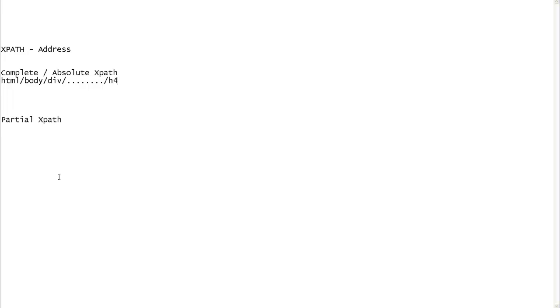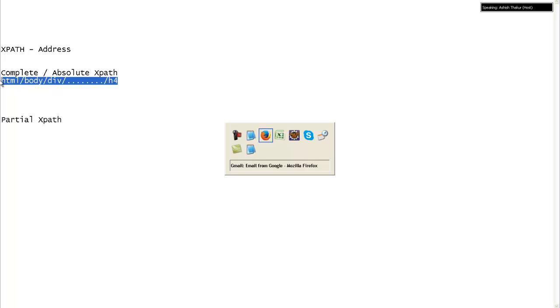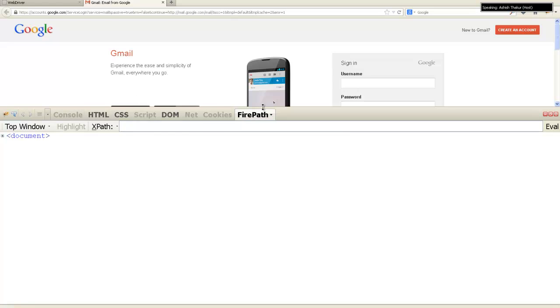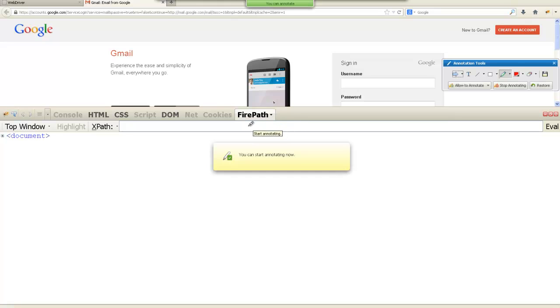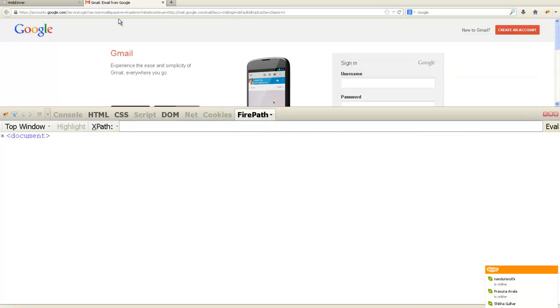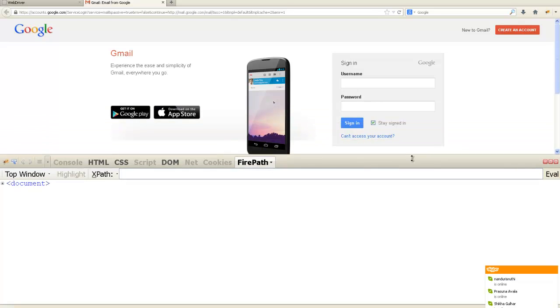Okay, this is how you can make complete XPath. You don't have to actually put in your efforts in this. Fine, you can simply install something known as Firepath on top of Firebug. I just explained Firebug to you, right? If you install Firebug, you will not get this Firepath by default. If you want to get Firepath, you can